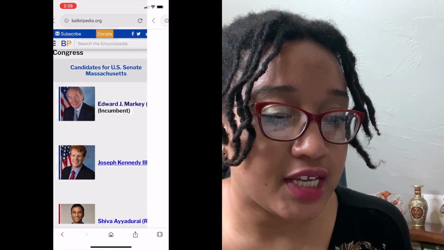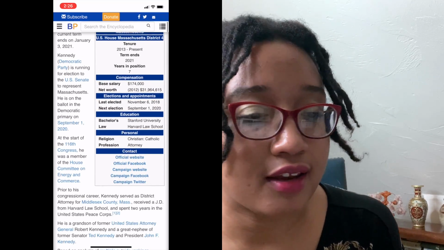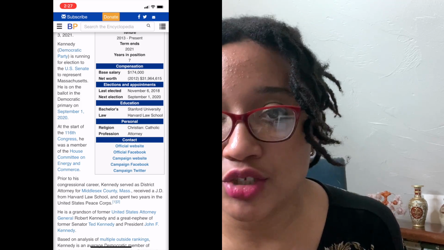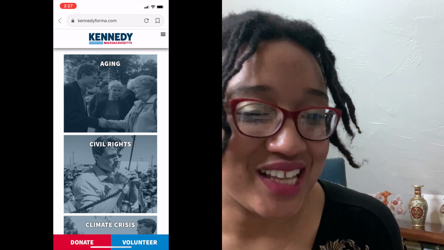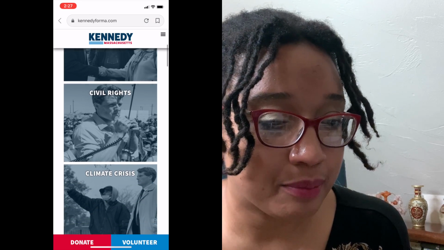So, doing the same thing, going back to Ballotpedia, finding his face, clicking on it, getting to his campaign website, and then checking out his social media. Pretty much the same layout, basically the same format. I'm wondering if all these politicians just kind of go to the same place to get their websites done. Most likely. All right, issues. Let's see where he's at.